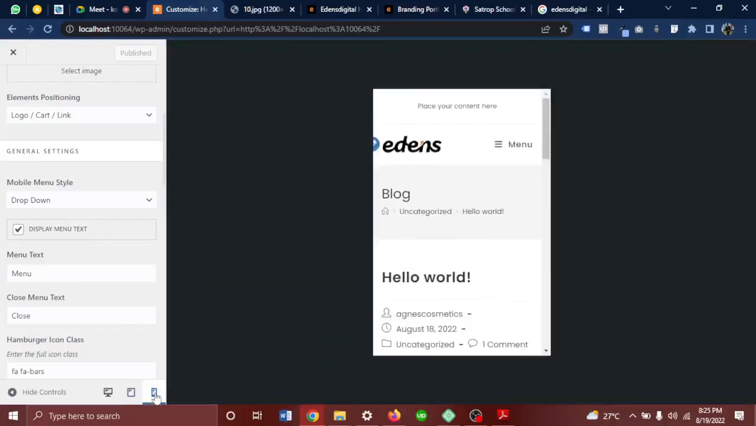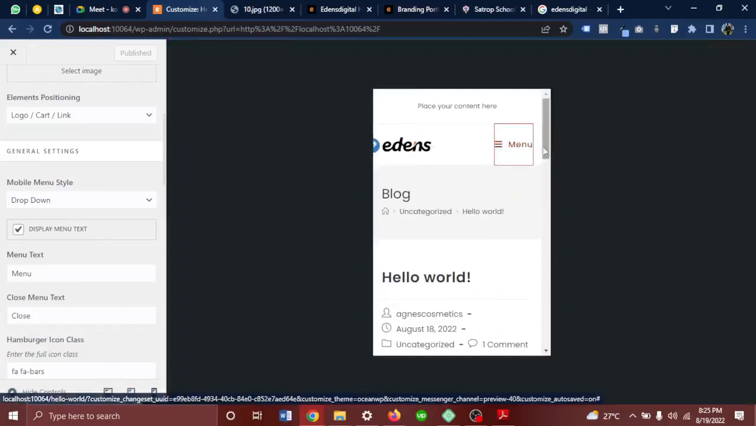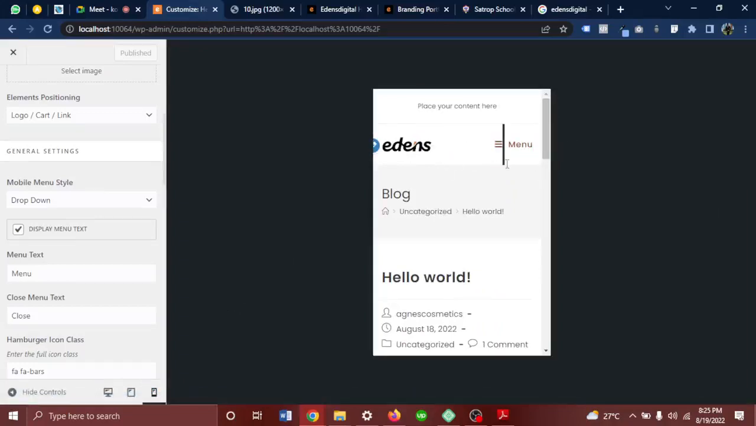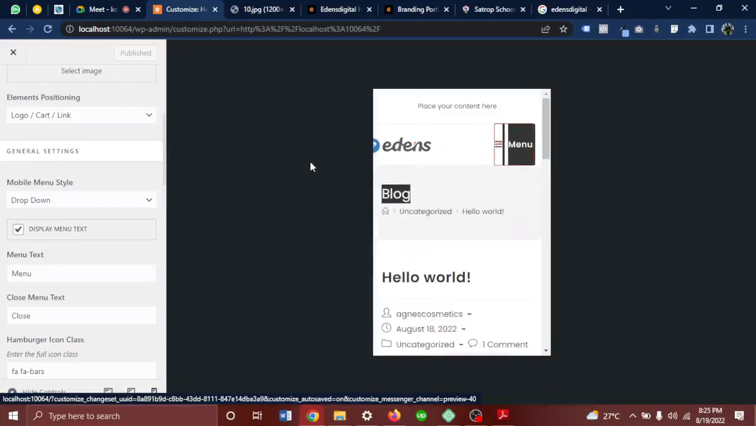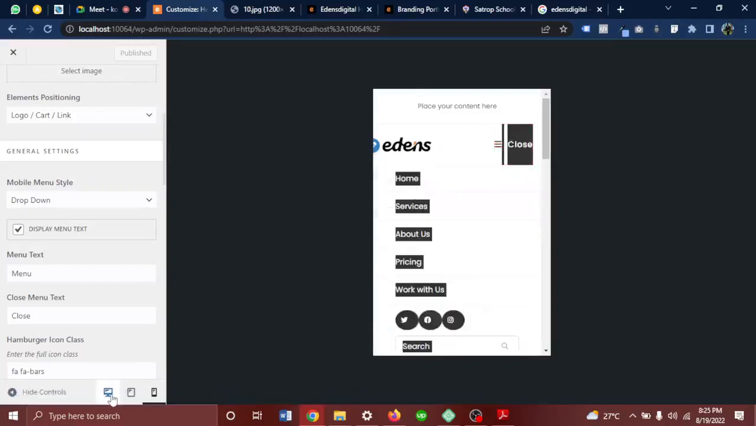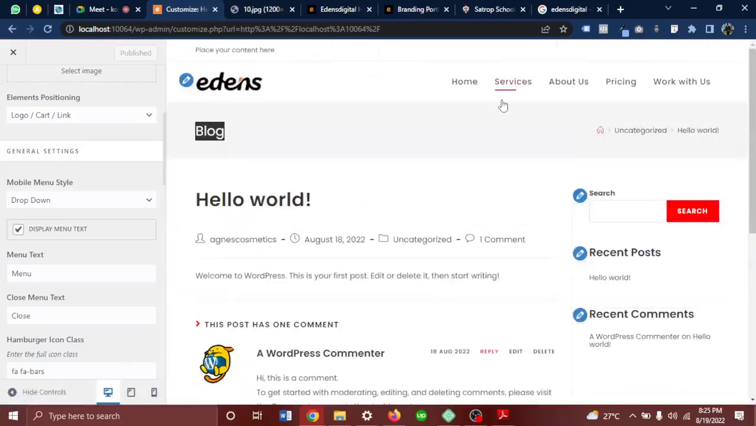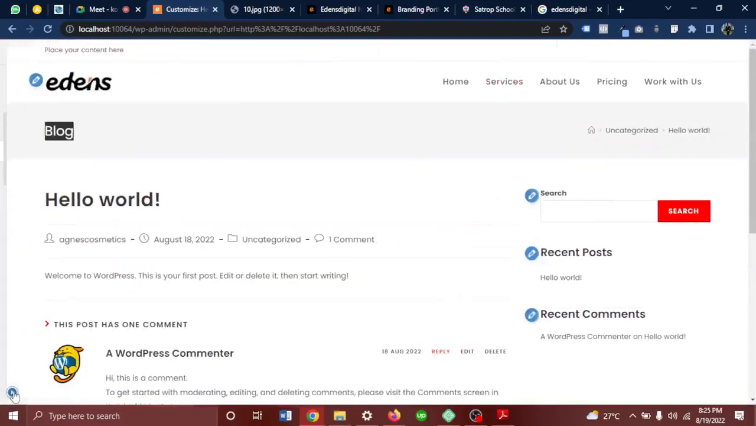Let's switch to mobile mode. We're already switching to mobile mode. Display menu text. Can you see this menu text that is close to our hamburger icon here? Okay, our menu is already back. Please give me a while. Okay, if I switch to desktop now,